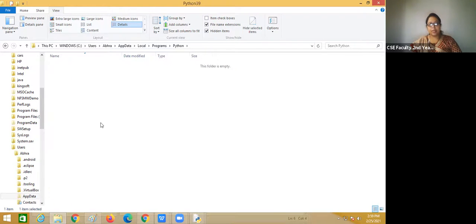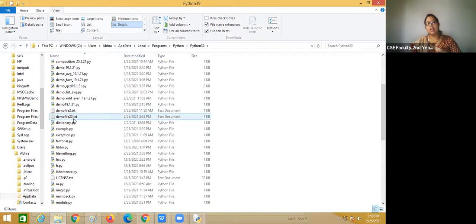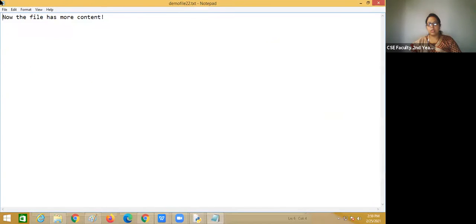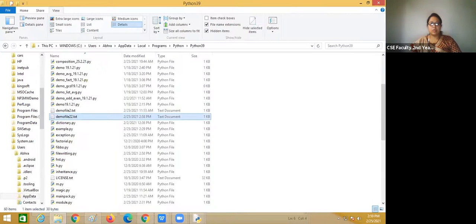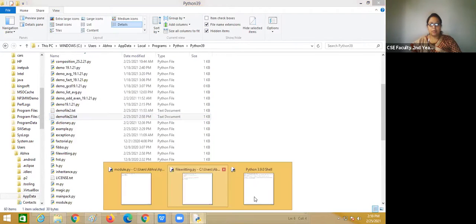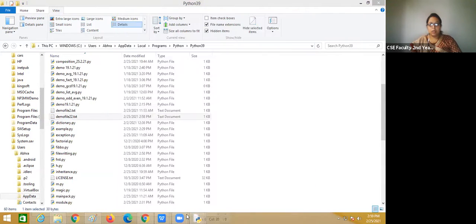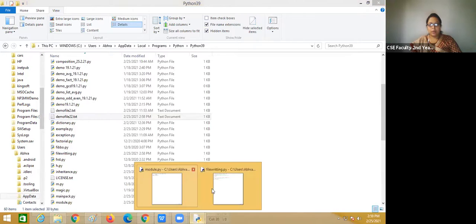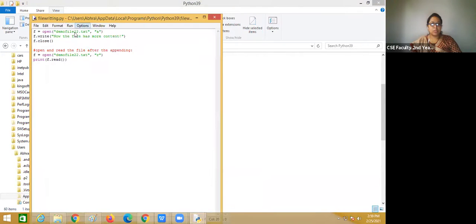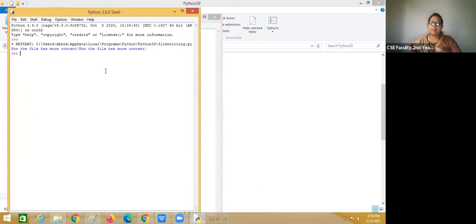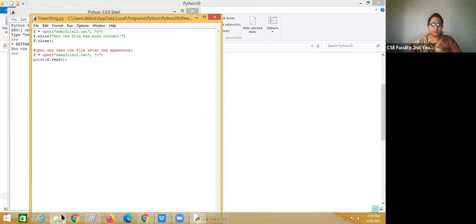Then you can see the demo file text has been shown. In the text, "now the file has more content" is showing. If I run it once again, the same lines will be appended. So let's check.